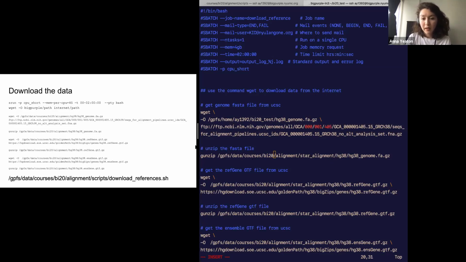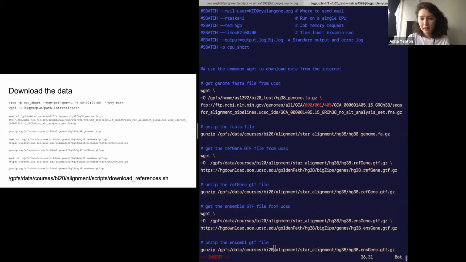Okay, so the thing is, you can go through and change the paths for every one of these. So you can see that the next thing I did was, you see this FNA has a .gz. You have to unzip it basically. So you're going to use gunzip on this .gz here. You use gunzip to unzip the file. And then we do the same thing to get the GTF files from UCSC. So I got both the RefGene GTF and also the Ensembl gene GTF. So you can change all the paths here to the relevant paths for you, but I want to show you